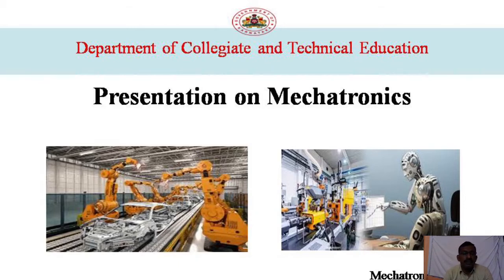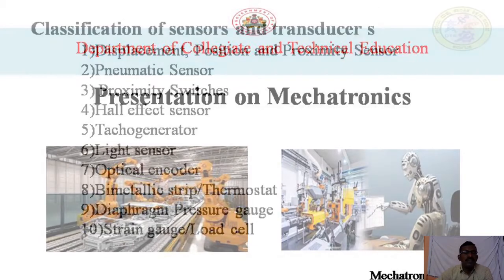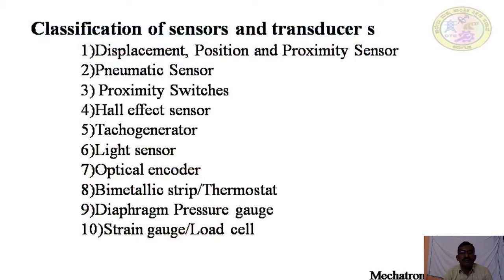For the fourth session, today we shall discuss the classification of sensors and transducers. The sensors and transducers are classified into the following different types. The first one is displacement, position and proximity sensor, pneumatic sensor, next proximity switches, Hall effect sensor,